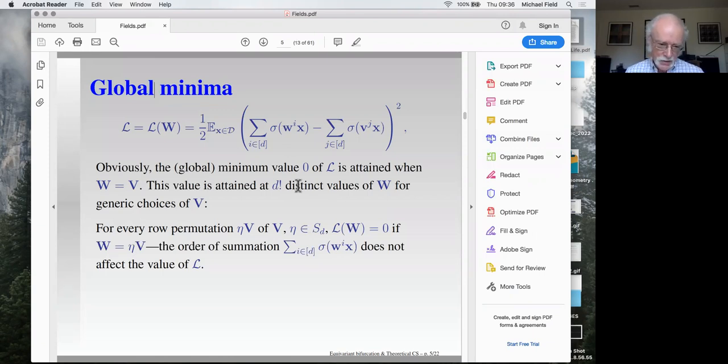So this tells you this isn't convex optimization, right? In a way, just the symmetry here. And so more generally,